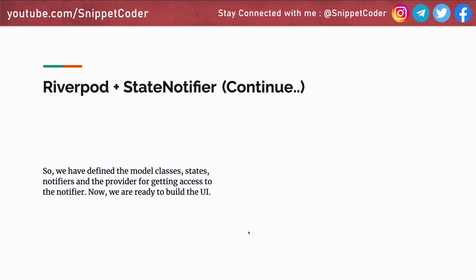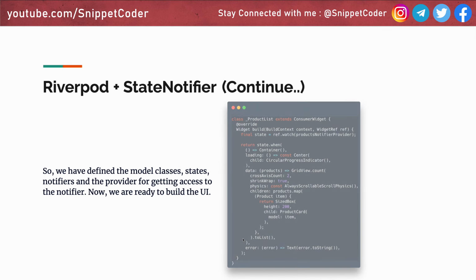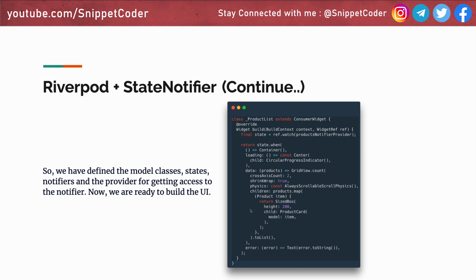So now we have defined the model classes, the state notifier and the provider for getting access to the notifier. Now we are ready to build a UI. You can see here we have created one ProductList widget, and we extended it with a ConsumerWidget, so that we can access any provider with the help of this widget reference. Then we are checking the state with our ref.watch,